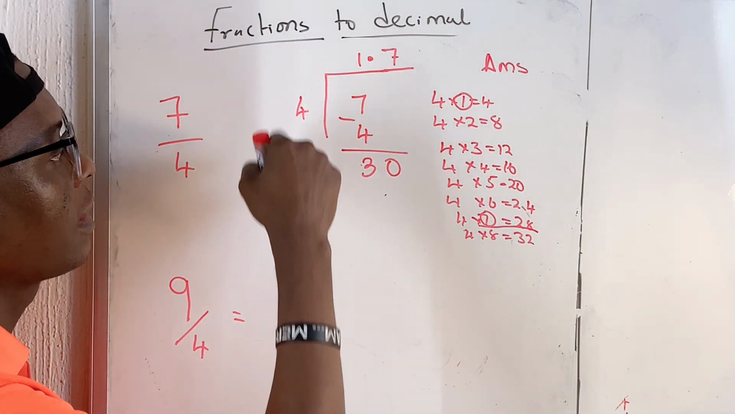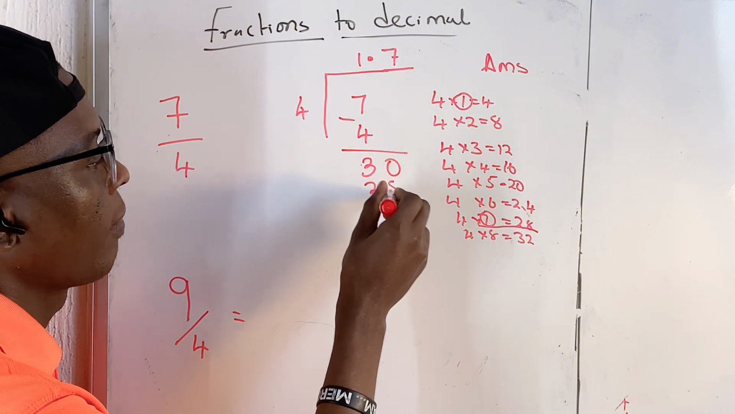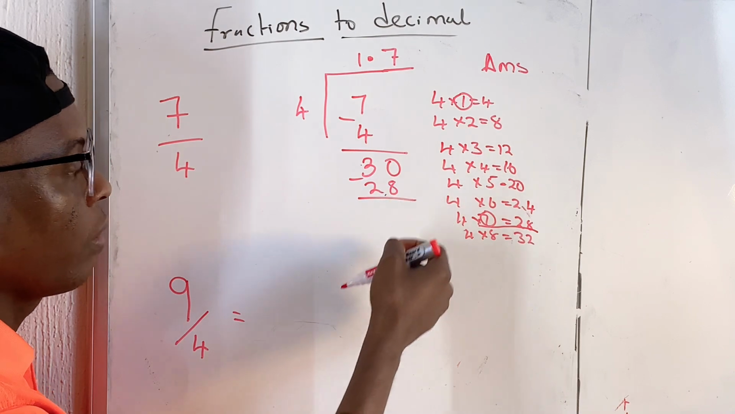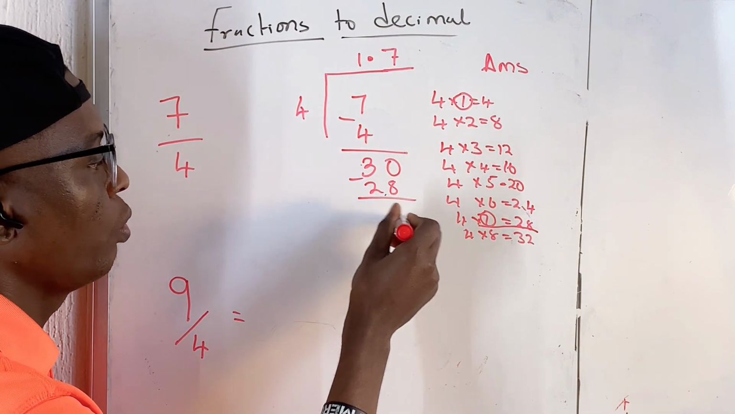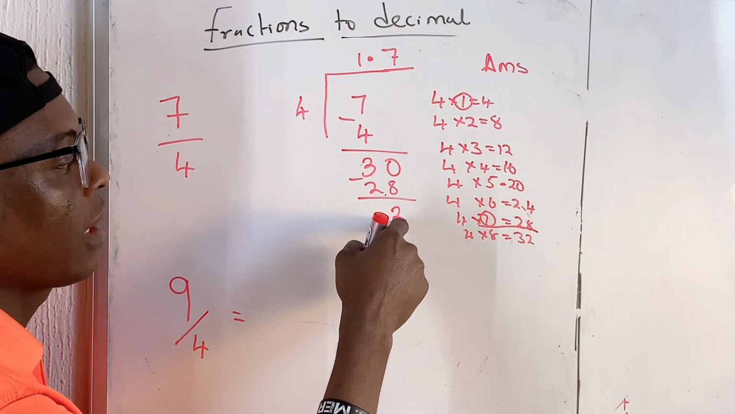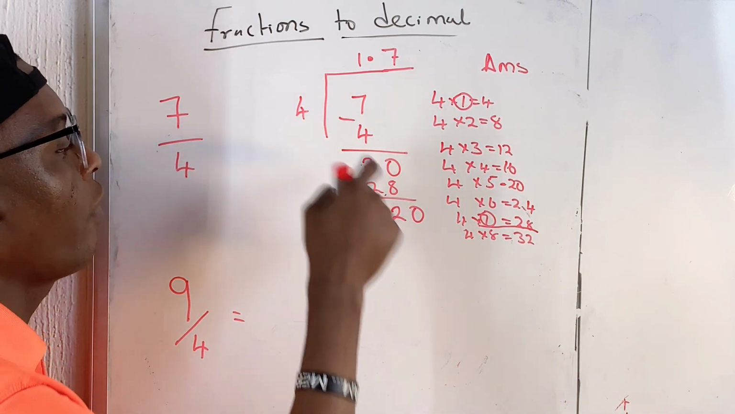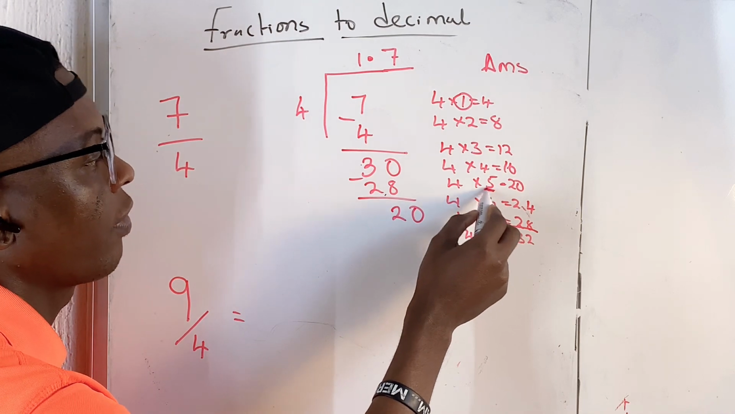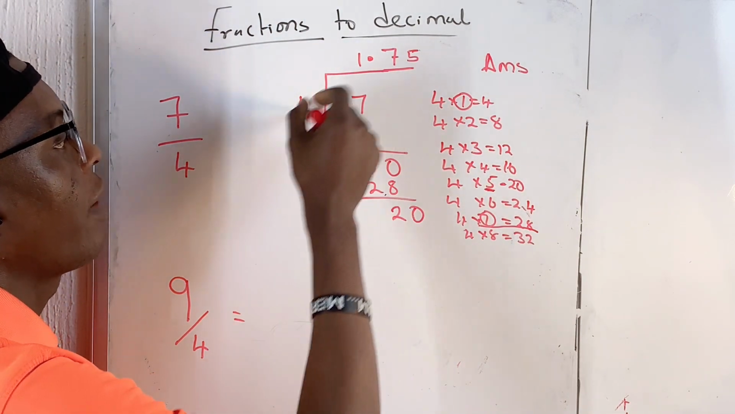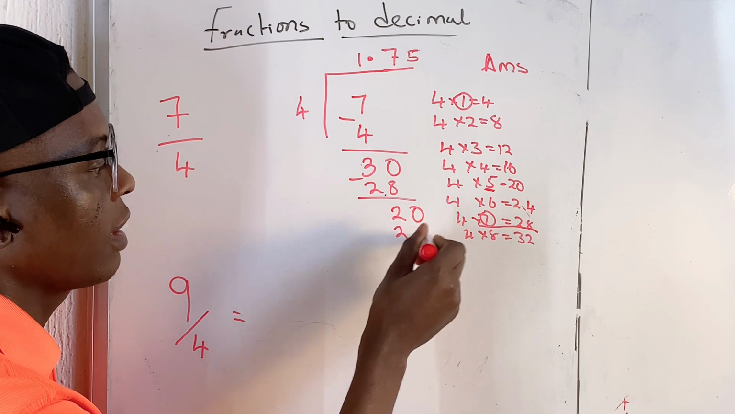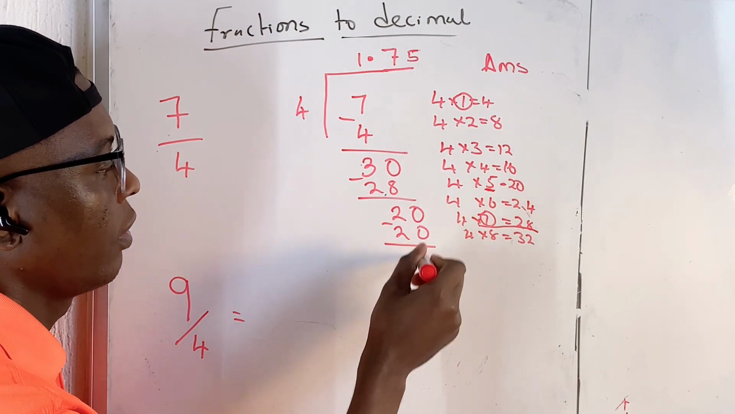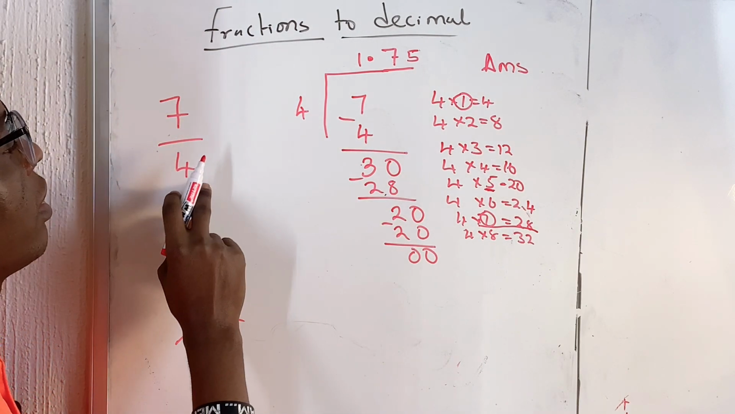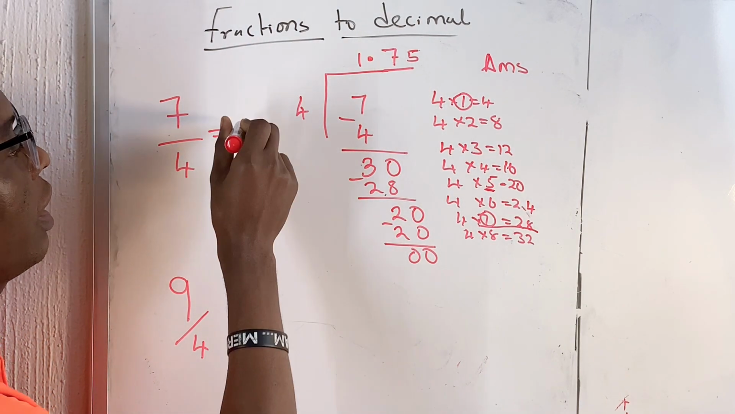7 times 4 is 28. Now what do we do again? We subtract. Now 30 take away 28 is what? 2. 4 is greater than 2. We add a 0. Now 4 into 20 is what? 4 into 20 is 5. We write 5. Now 5 times 4 is 20. And when we subtract, we get 0. Therefore, 7 divided by 4 in decimal is